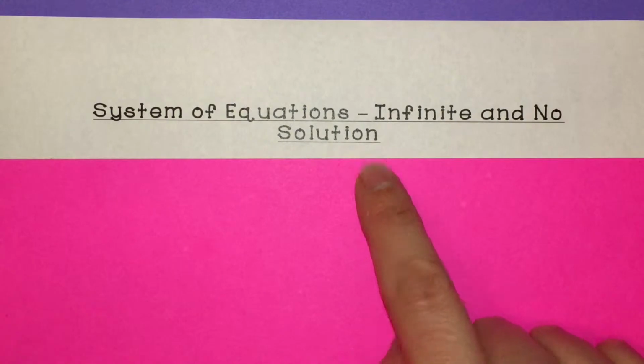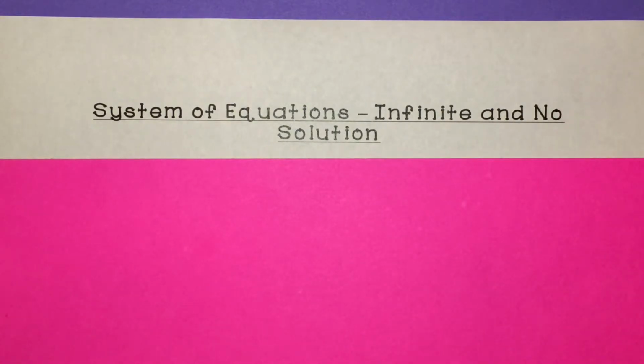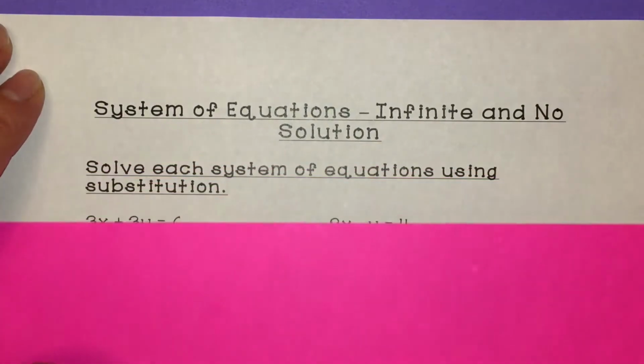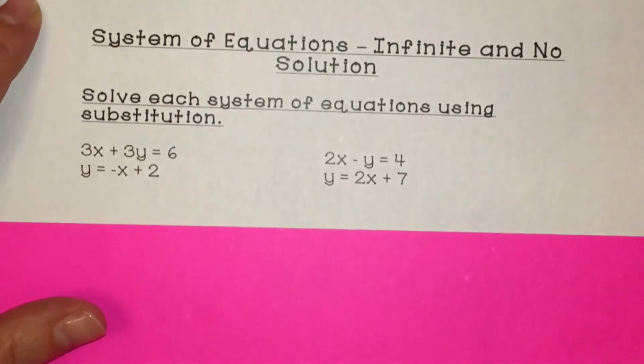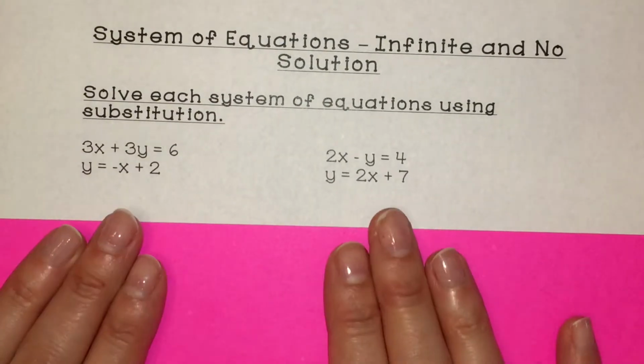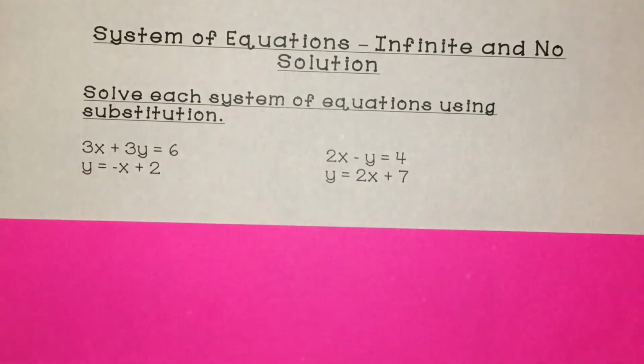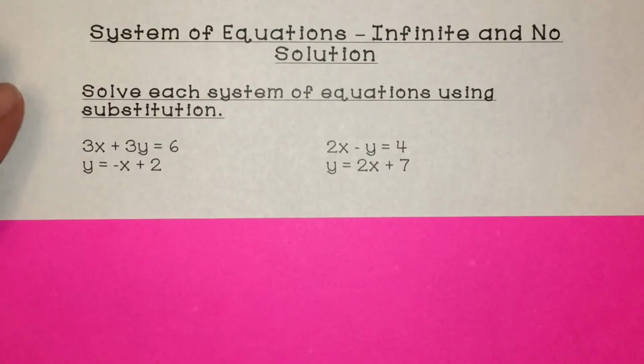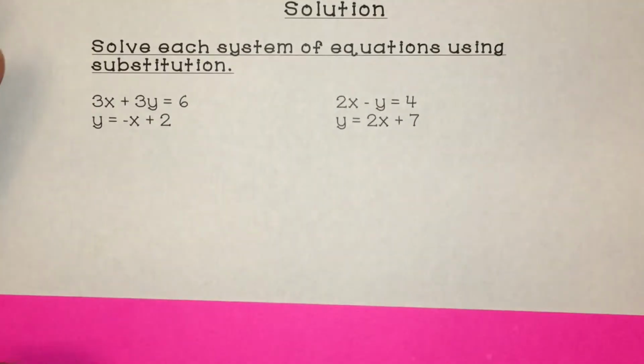No solution means if you graph your two equations, they'll never intersect, meaning your two equations would be parallel, or your two lines would be parallel. So we're going to solve these algebraically. For these two examples, I'm just going to use substitution so you can see when you would have infinite or no solutions. For this first one,